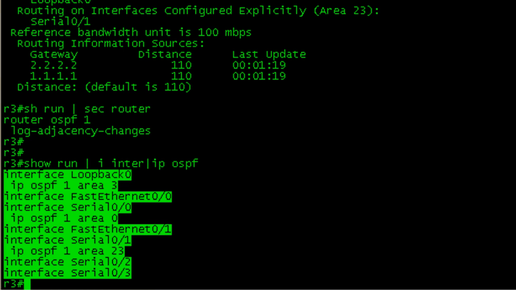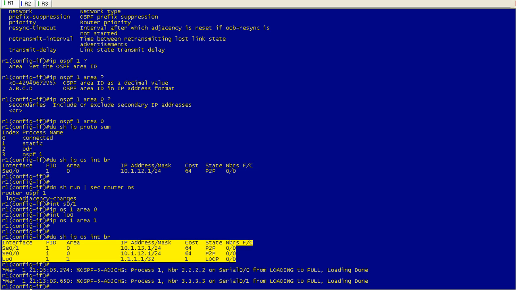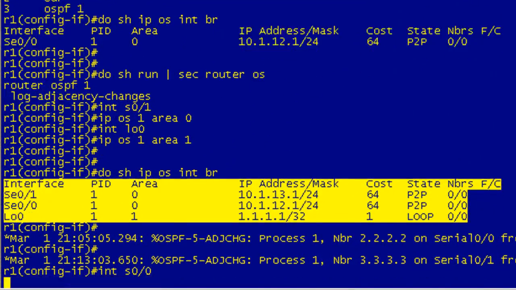All right, well, let's explore how this command works with secondary IP addresses. I hate secondary IP addresses. I think I've made that abundantly clear. Let's go on R1 under 0/0, and we're going to add another IP address, and we're going to use 100.1.12.1,